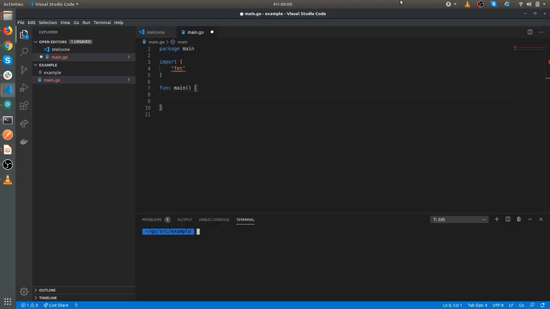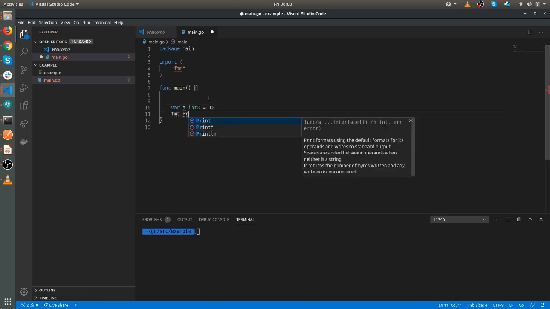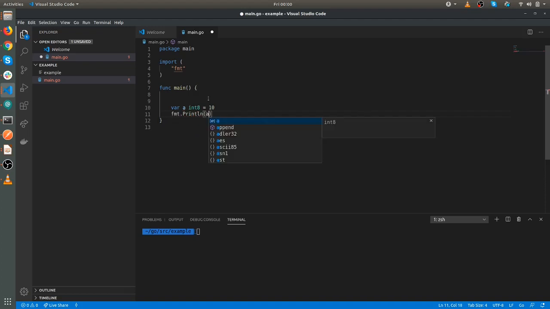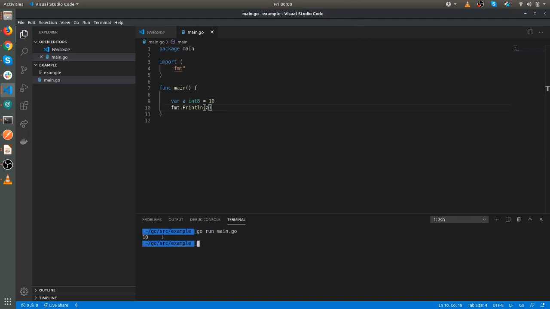So now let's move to the example. To declare a variable we need to write the keyword var. So here you can see that the value of a is printed as 10. So now let's change the value of a. So I'm taking 150. So now it's complaining: overflow int 8.